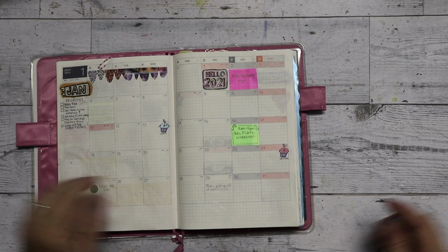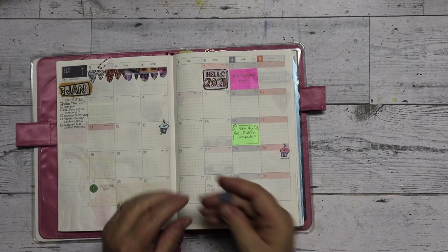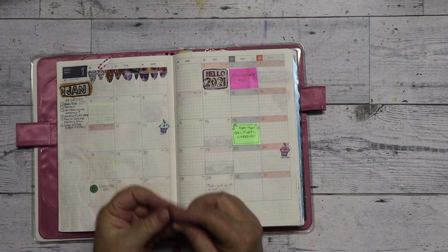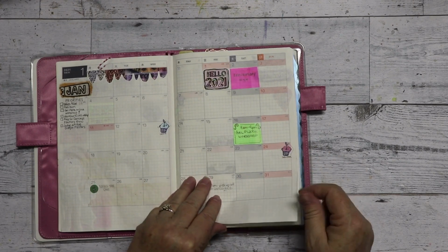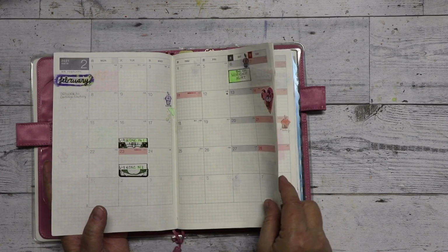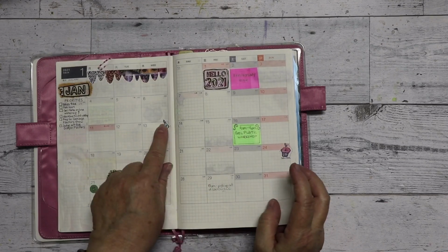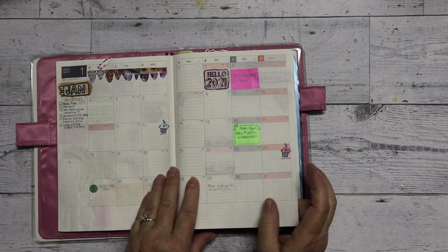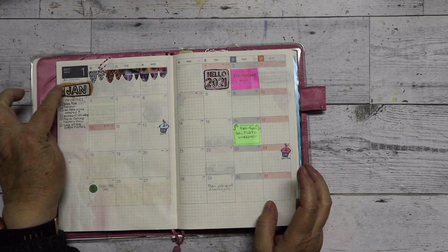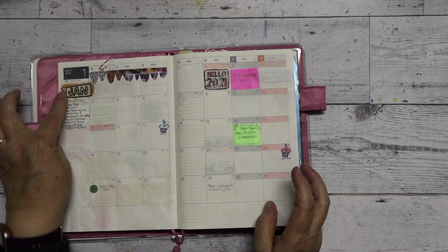One of the things that I'm doing instead of using stickers is to do some stamping. I carved this little teeny tiny cupcake so that I could stamp in here and mark family birthdays. And so I've done that. I've gone through the whole year and stamped those and gotten those marked, and done a little bit of coloring in with them. I've added my own month, because I like the name of the month to be a little more visible than this little tiny word. So I've added in my own